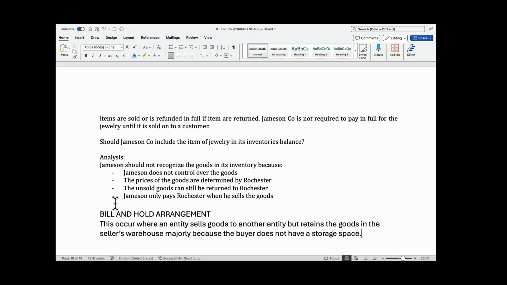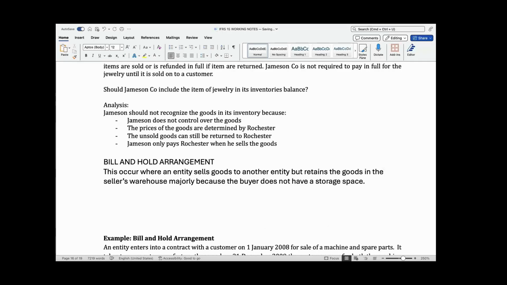And it's because the buyer does not have a storage space, not because the buyer cannot pick it up. It's just because he doesn't have a storage space. So in this case, the provision of storage facility will be treated as a separate performance obligation,